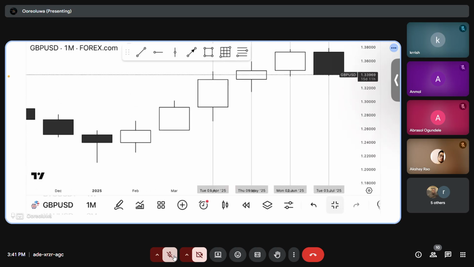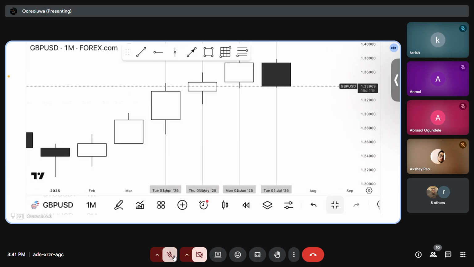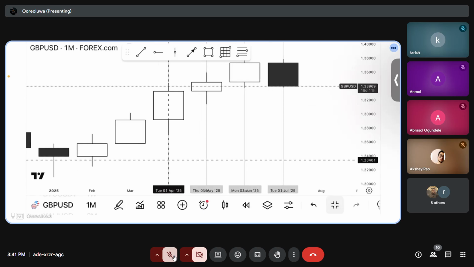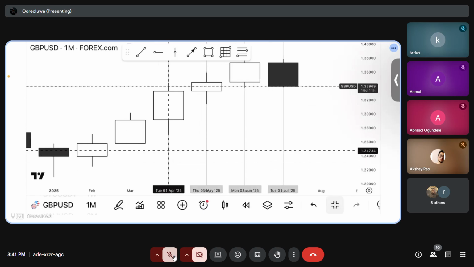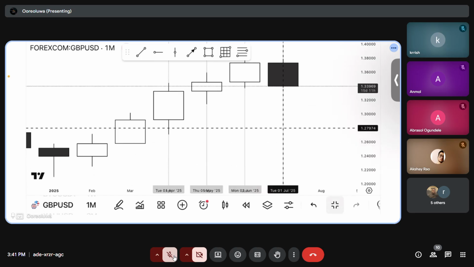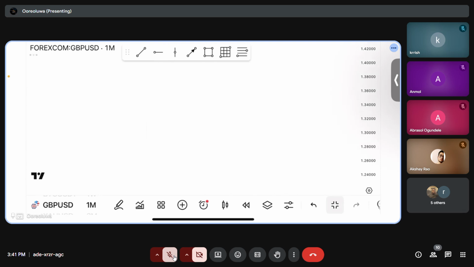Now look, guys. This should be your observation. In every month, check the day at which the month opened. So this month opened on Tuesday. This month opened on Thursday. This month opened on Monday. This month opened on Tuesday. All right. So you want to start looking for trades from